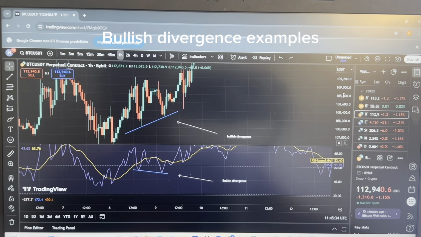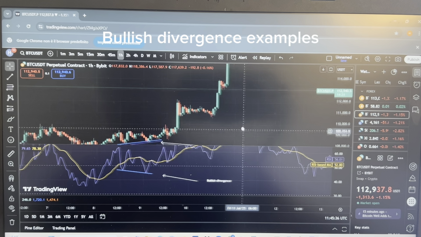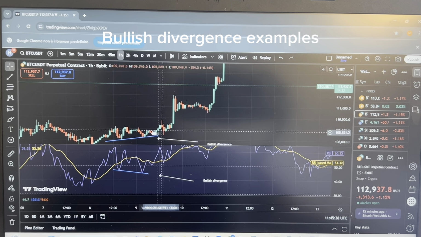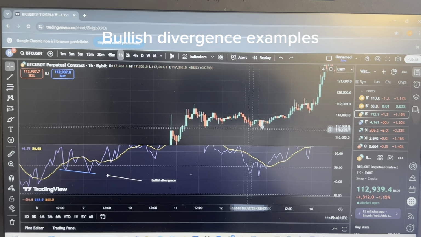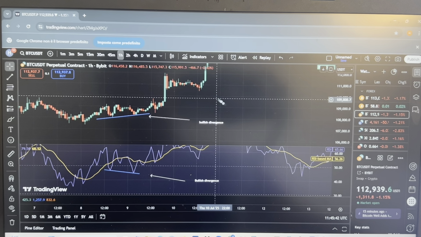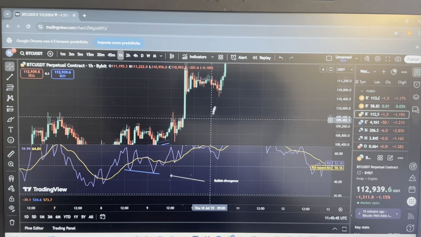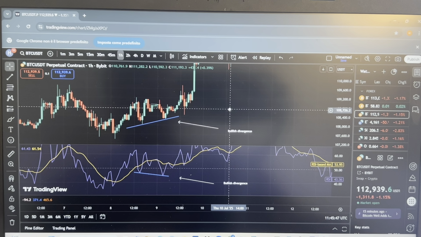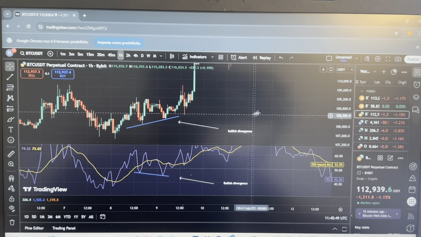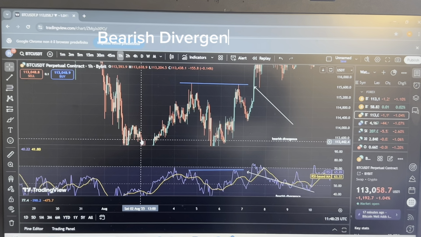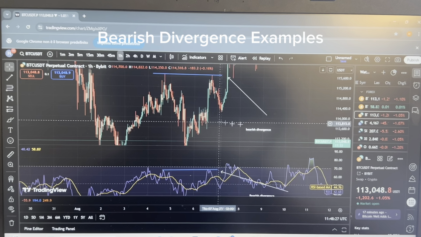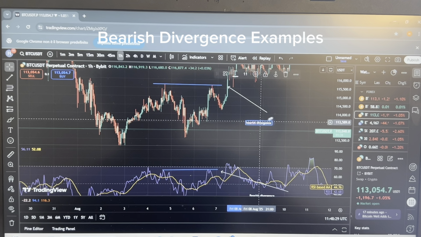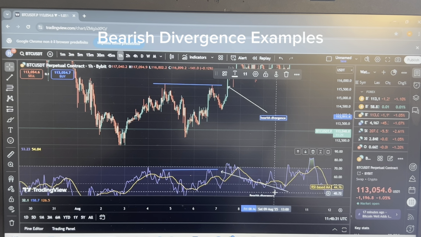Let me drag it out. As you guys can see, from this point, it's still pumping. Still pumping. Like I said, the signal is extremely strong when it gives irregular divergences. All right, guys, this is the example for bearish divergence. And let me,